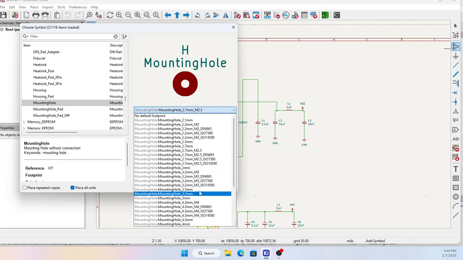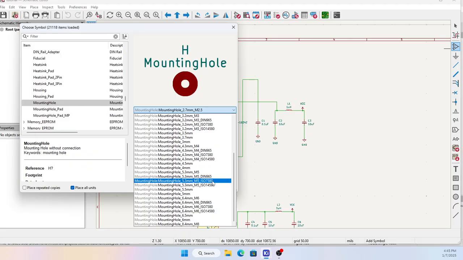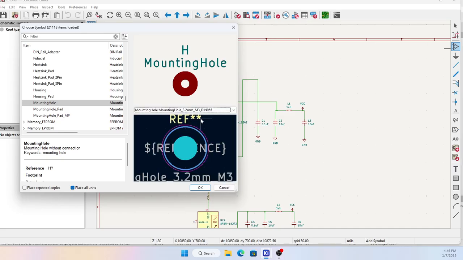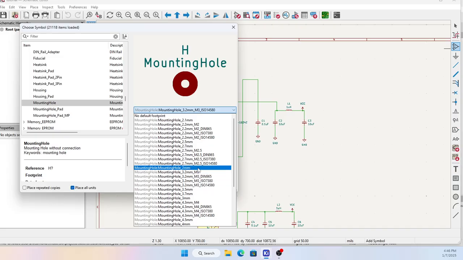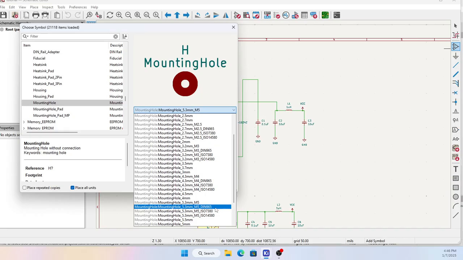Right, so let's say M2.5, M6, M3, let's see, M5, where's the one with the,